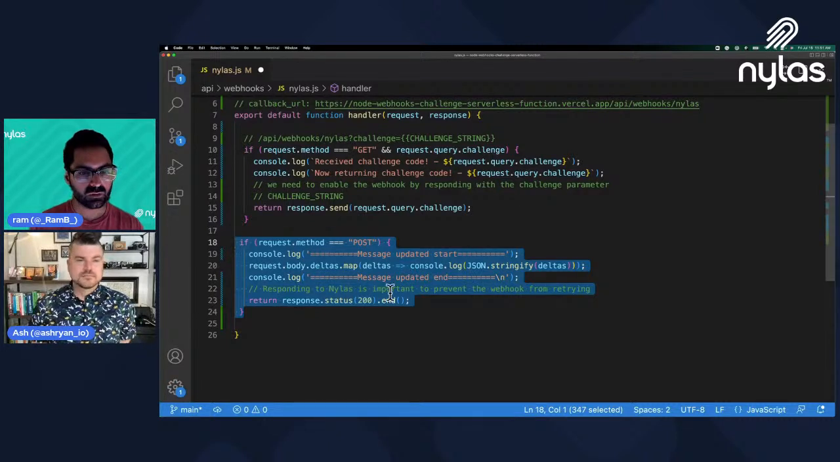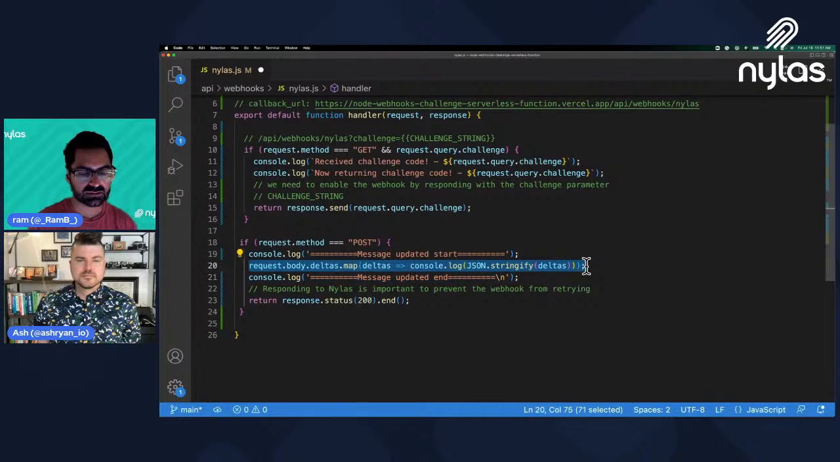So through a webhook, we'll get a post request, and we're just console logging out the delta. And this is the change in the message. So if the message has been updated, we'll get a list of all the different changes. And so once we console log that out,